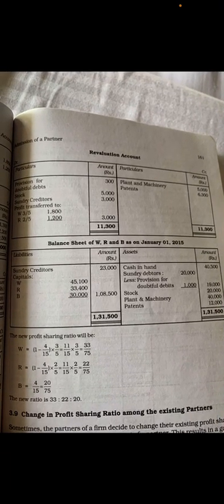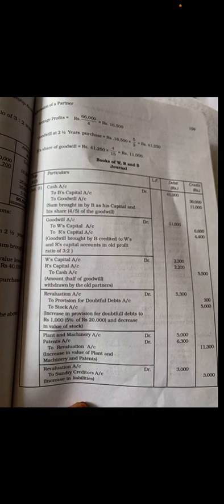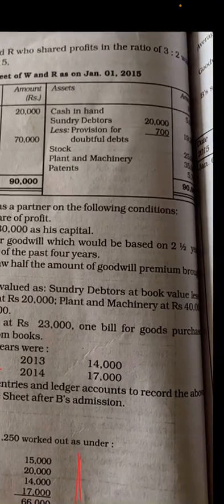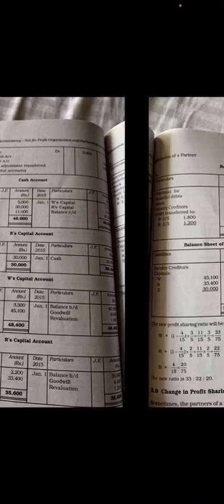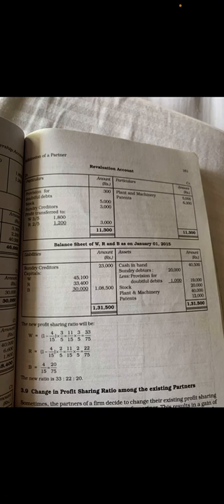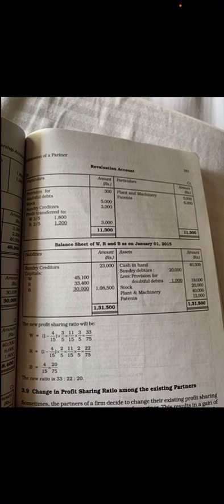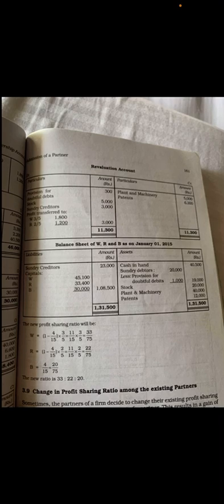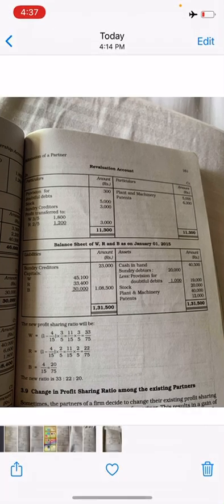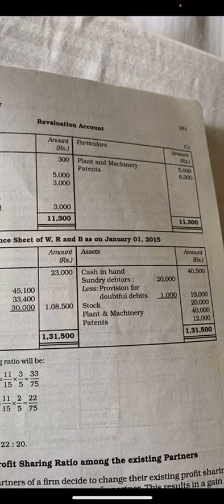Okay, so in cash in hand, what are you supposed to write? You have to write the old balance, the old amount which is there in the sum. How much is it? It is 5,000. To that you have to add the new partner's capital amount, that is 30,000, plus his share of goodwill, correct? The amount of cash that is brought by him. So when you do that, how much do you get? You get 40,500. So 5,000 plus 30,000 plus